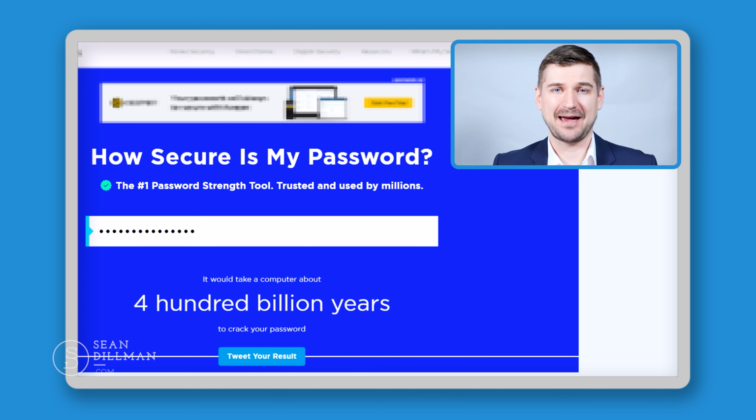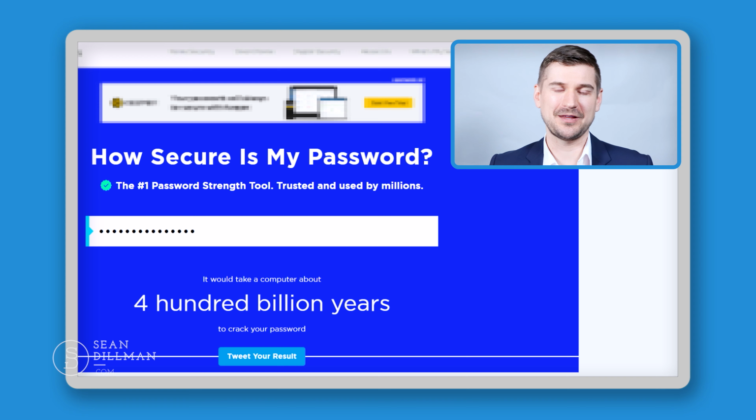Keep in mind that hackers are getting better all the time at cracking codes and cracking passwords. Generally speaking, these numbers are probably going down all the time, meaning a 15-character password that takes 400 billion years to crack today, a year from now, perhaps it will only take 300 billion or 200 billion, or perhaps there will be some kind of advance in technology and maybe it will only take 1,000 years or whatever.